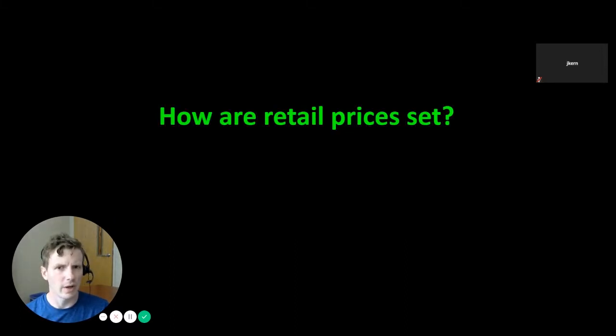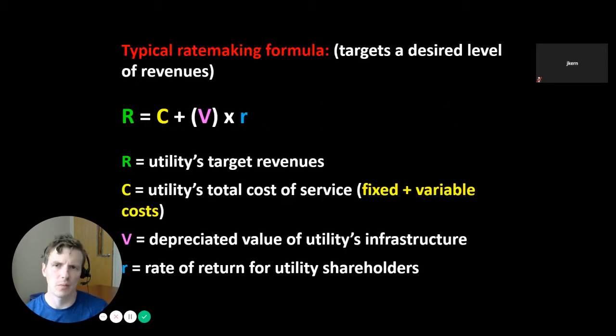So let's review how retail prices for consumers are set. Remember, we use typically this traditional rate making formula that requires utilities to try to hit a desired level of revenues, and based on that desired level of revenues, then they're going to set retail electricity prices. So for Duke Energy, let's say that their target revenues are R, and that the amount of money they want to make by selling electricity needs to cover their total cost of service. So that would be fixed plus variable costs, and we will review what those are in just a second, plus